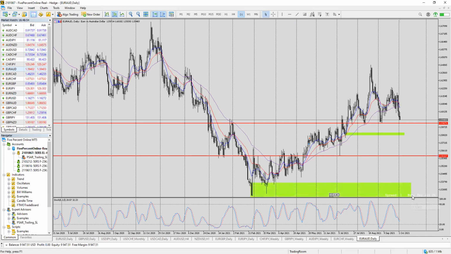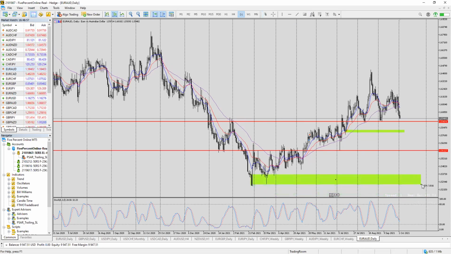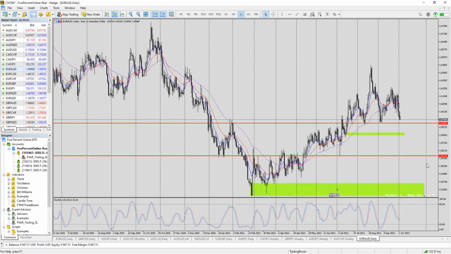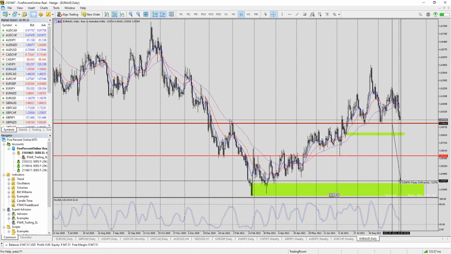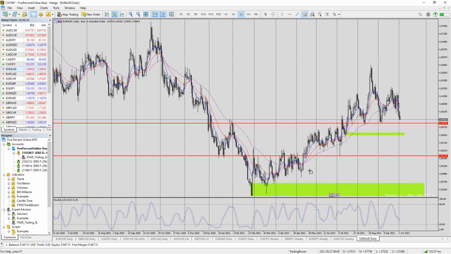But this is a very long move. This is not something that happens in a day or two, not even in a week or two. But we have here a very nice demand zone. You see a deep retest here, another retest here, and then a move up. 500 pips is just a little bit above this demand zone, maybe to this area. But again, this is if and only if this neckline of 159 breaks to the downside, confirmed with 2 closing candles below,